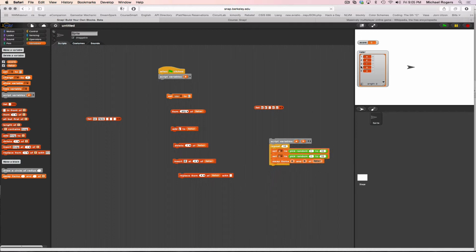So watch closely. I've got A-E-I-O-U. And you're looking at this and thinking, well, wait a minute. This could go horribly wrong because I've only got 5 elements, and yet I'm saying A could be 1 to 10. So should I just make that 5? Well, maybe, but what if my list is a different size? Fortunately, I can find out how big a list is. There is the length of operator, or the length of reporter. So I'm going to just do this, and I'm going to take lister,